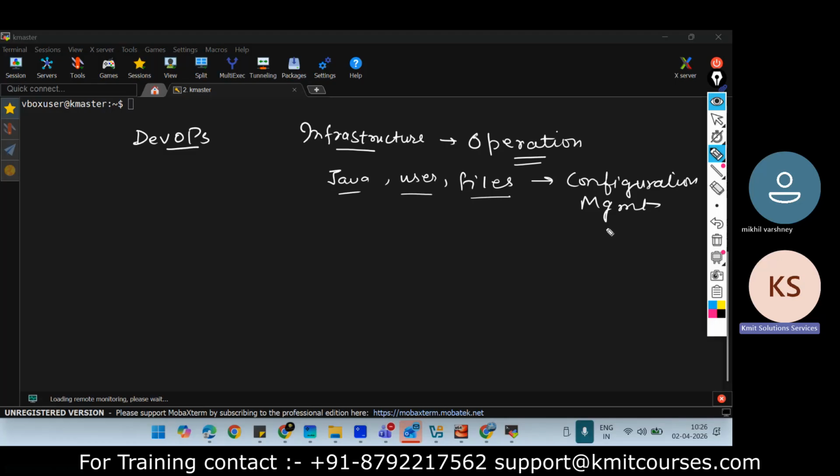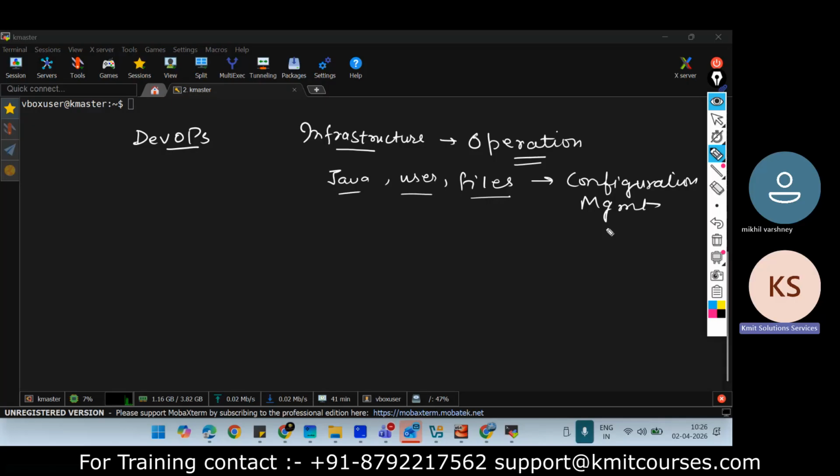So if I say, hey operation team, install Java 17 on all the machines, and consider there are 100 machines, that is the activity which the operation team needs to do.